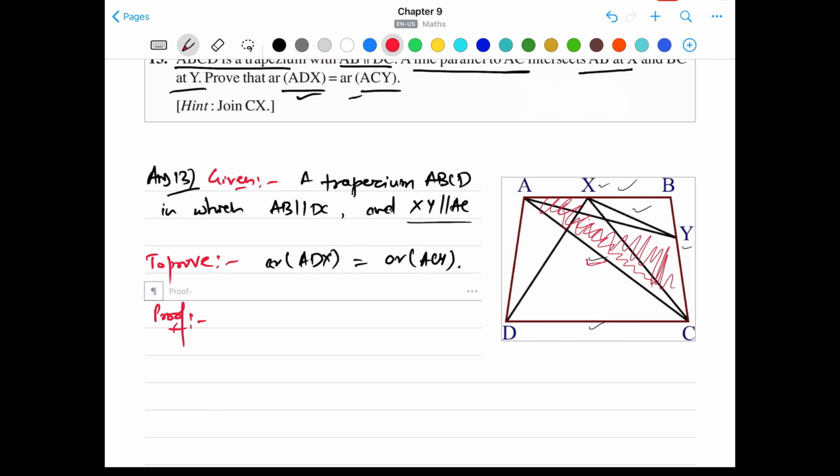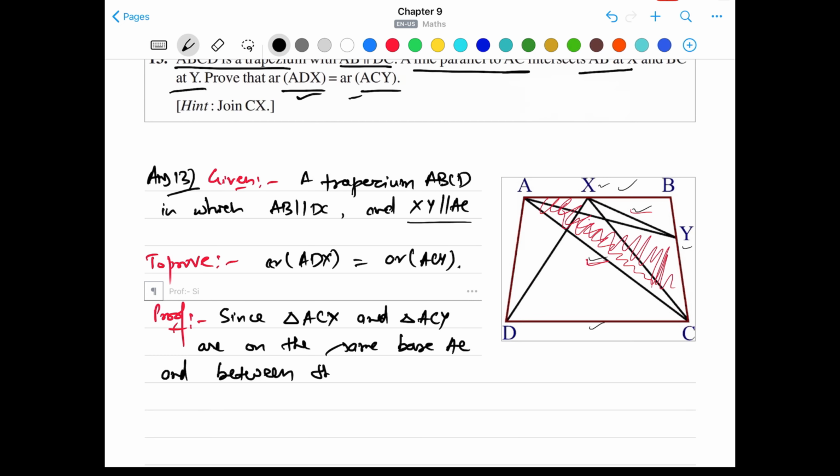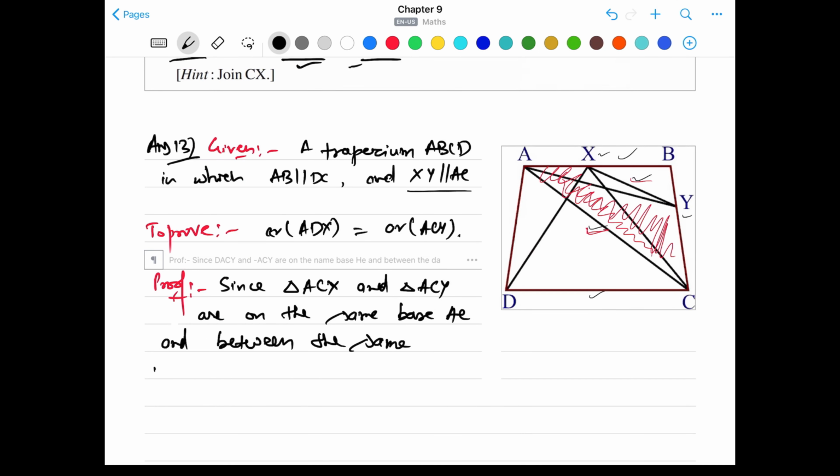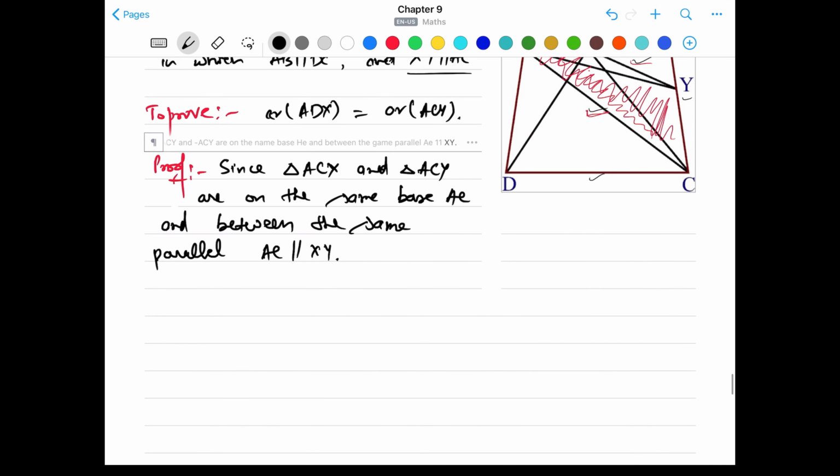As both triangles are on the same base AC and between the same parallel AC parallel to XY, we'll write, since triangle ACX and triangle ACY are on the same base AC and between the same parallel AC parallel to XY, which is given in the question,